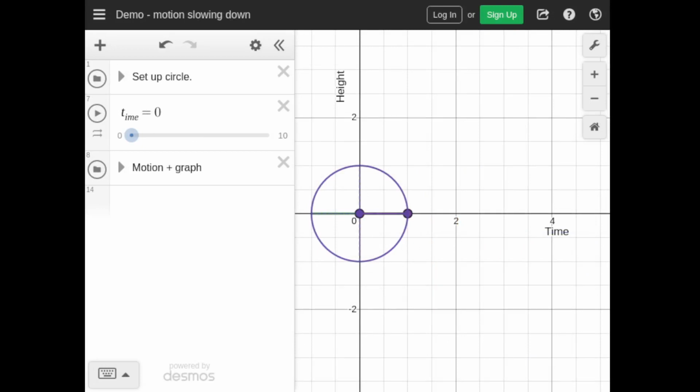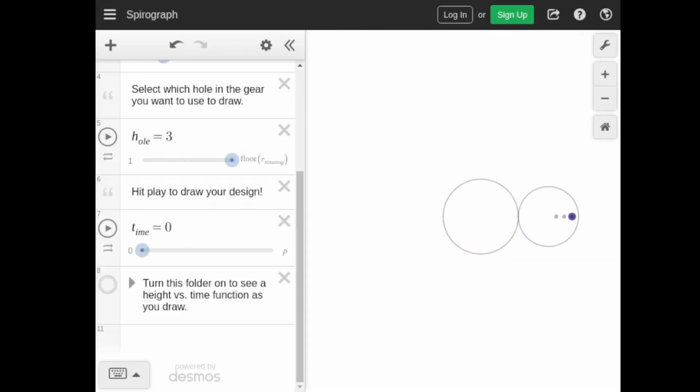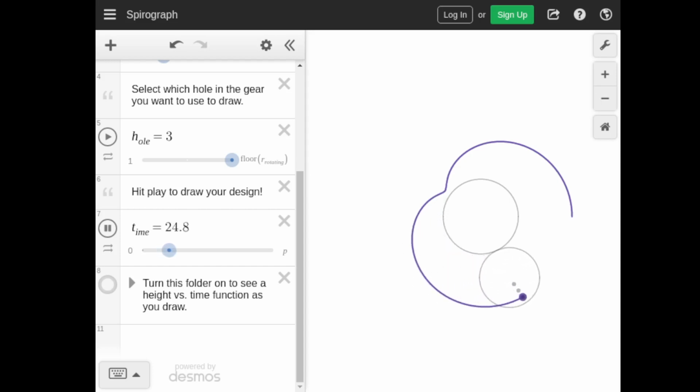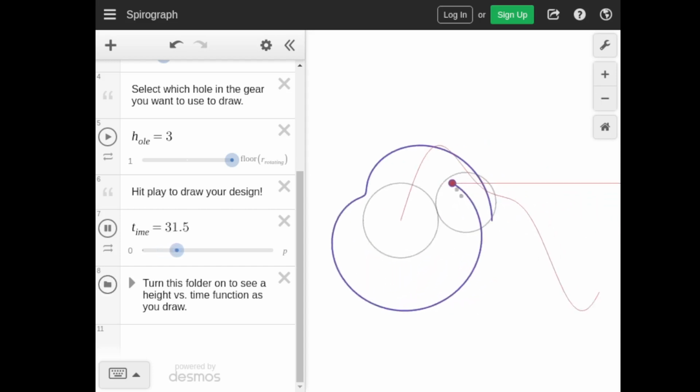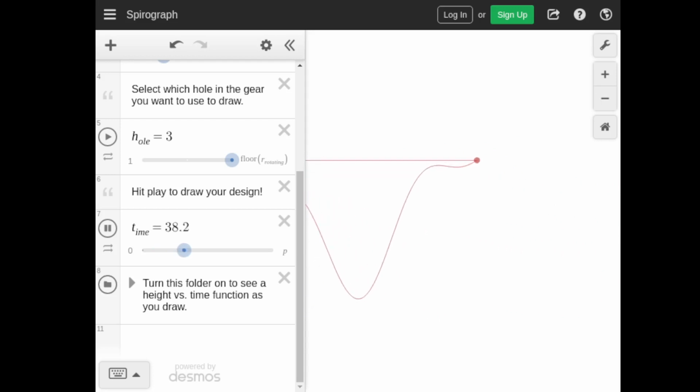We also could look at what happens if the motion is, for example, slowing down. And we can look at what happens if we combine different circles together. So this is a digital version of a toy you might have played with called the spirograph. It makes cool patterns. The other thing we can do on this tool is actually graph essentially a height